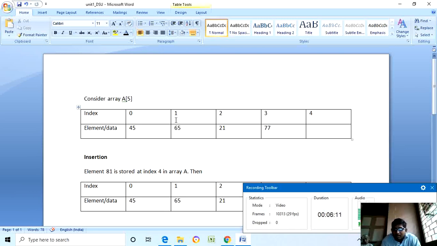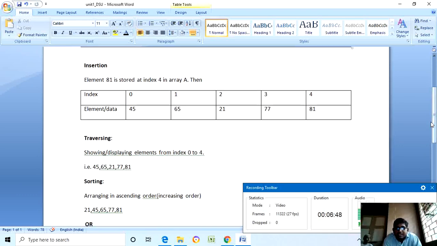But this particular difference is very fine. We do not use it in day-to-day programming. We use the terms size and capacity alternately. But if anyone asks you what is size and what is capacity, then you should know about it. So we are not differentiating size and capacity in day-to-day programming. We treat size and capacity as equivalent. Now we will see operations on an array.